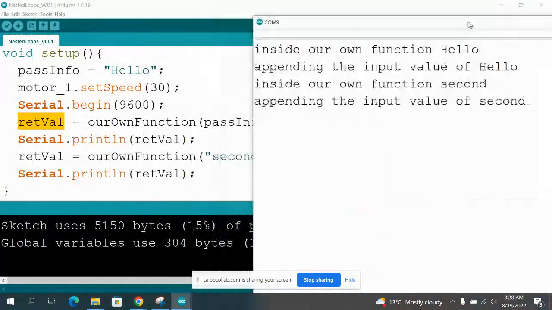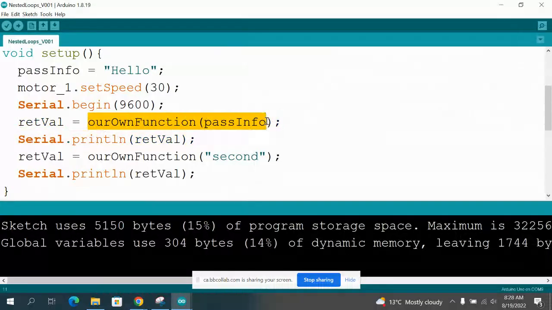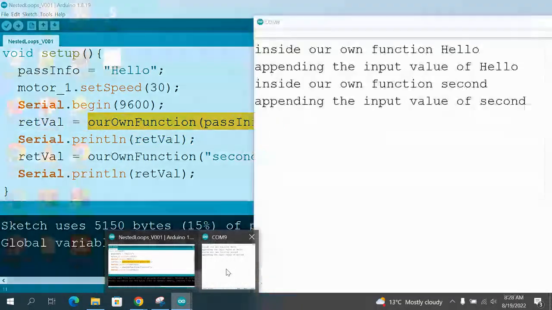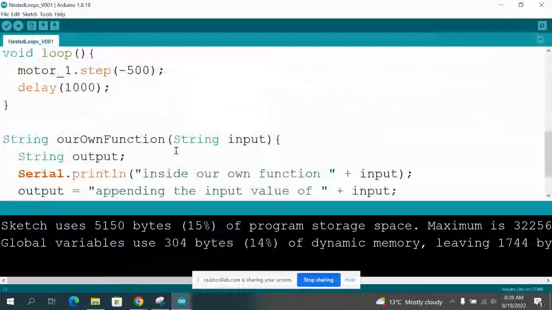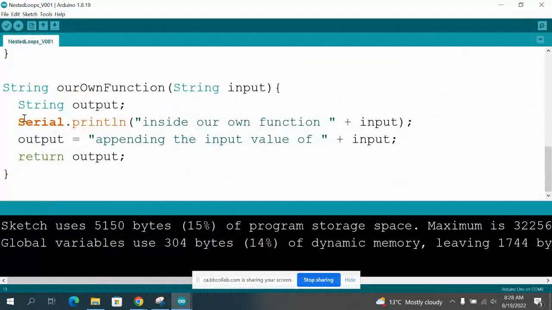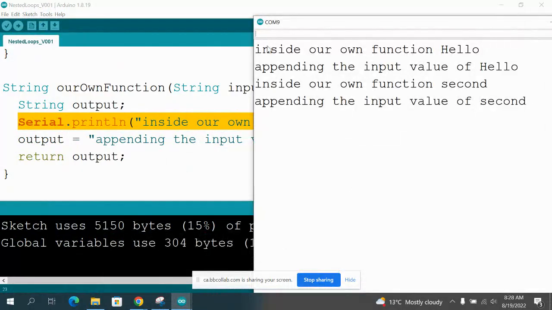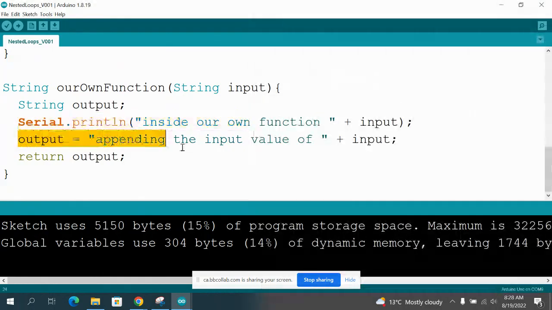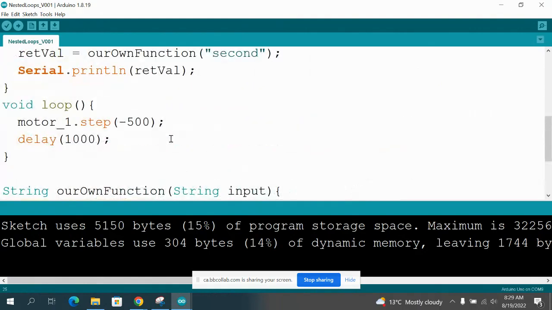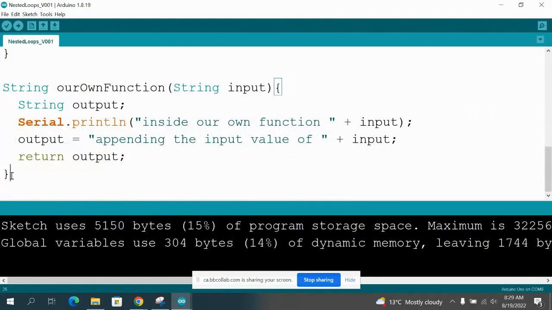Okay. So let's look at what has happened. We call this function, and then it jumped to this thing. Firstly it printed out this, which we will probably see over there inside our own function, hello, and then it's going to do the appending, then it's going to return our value for us, and it jumps back because it has reached this bracket.